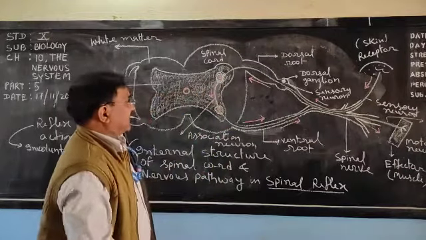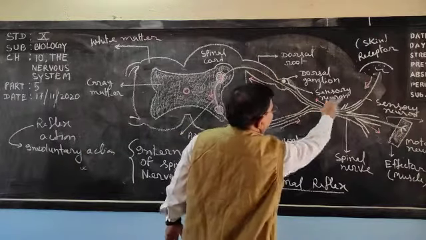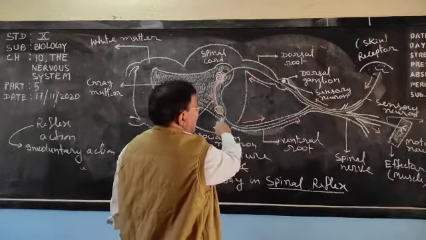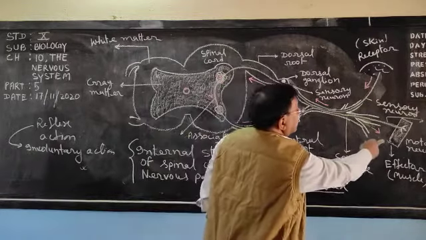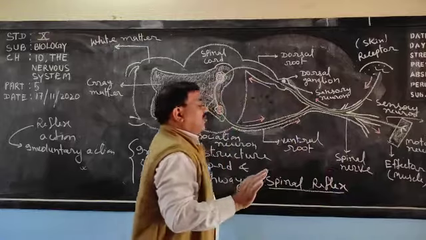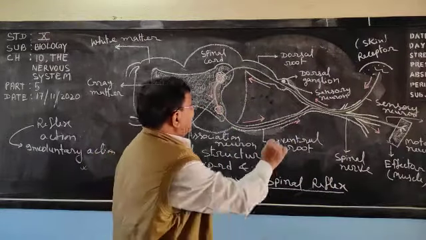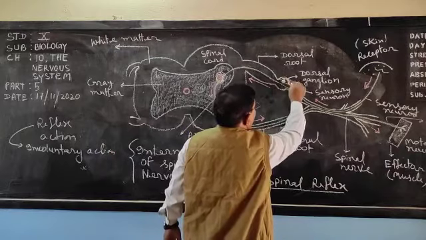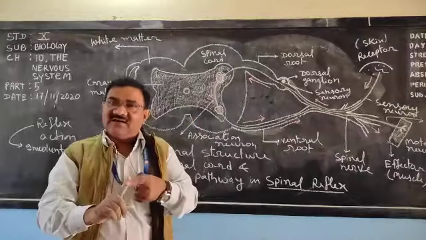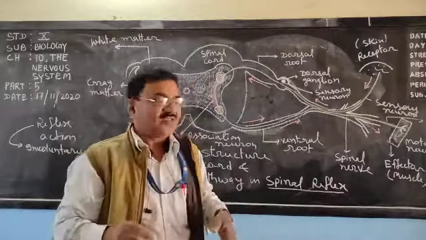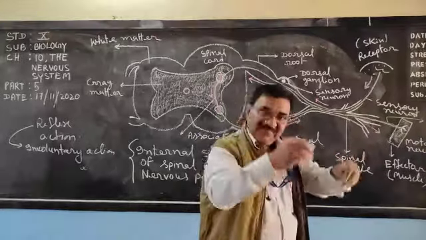Now, two routes are there. The upper one is the dorsal root through which the sensory neuron comes out, and the lower one is the ventral root through which a motor neuron or a spinal nerve comes out. Very clear? And here you can see the dorsal ganglion is shown. Ganglion is the place from which the neurons either come out or meet.